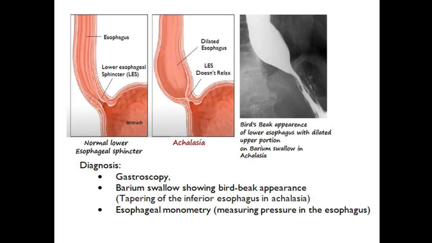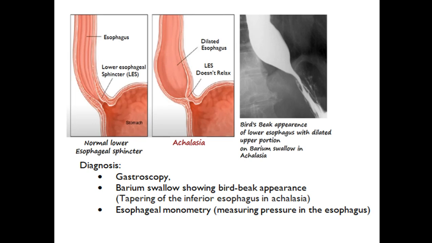Now here in this picture we can see normally the lower esophageal sphincter, which, when food is swallowed through the esophagus by peristaltic movements, opens and allows food to enter into the stomach. But what happens in the second picture, which is from achalasia, is that the lower esophageal sphincter doesn't relax and the food remains above the constriction and the esophagus gets dilated. During the diagnostic procedures we may do a barium swallow, and the esophagus in this condition